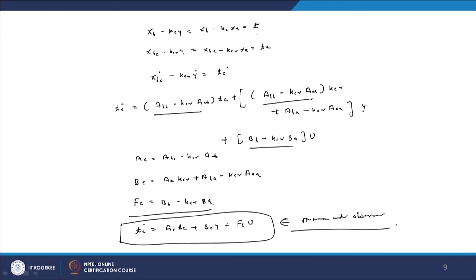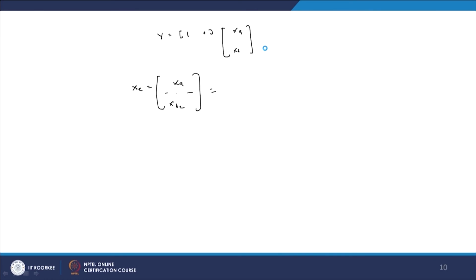And now about the output equation. For the output equation, Y equals [1 0] times XA and XB. Now here XC can be written as, where XA is known and XB is unknown, and we have to write this equation in terms of the state, that is, in terms of TE. Therefore, this equation can be written as